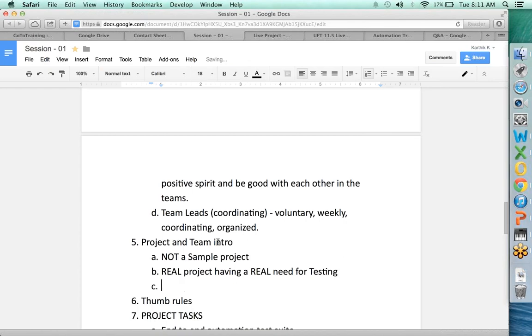Secondly, it should be something you can place on your CV slash resume. You should be able to take this project at the end once you've successfully completed it and put the entire project there saying that you have worked with it. And you can talk about how many team members were there, what was the application, everything. It should be a referenceable project. Now, at this point, the only application,